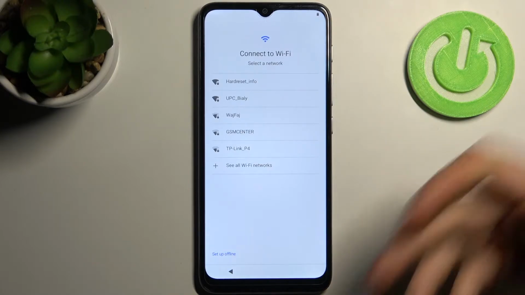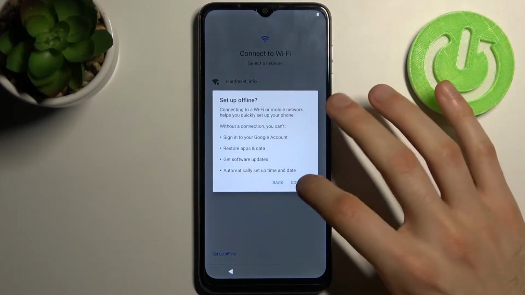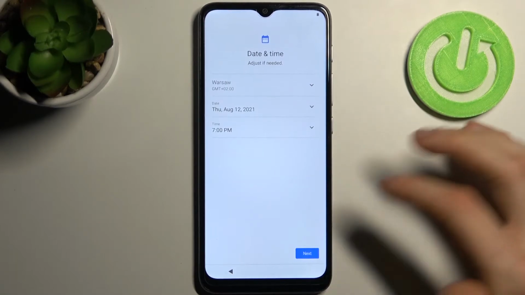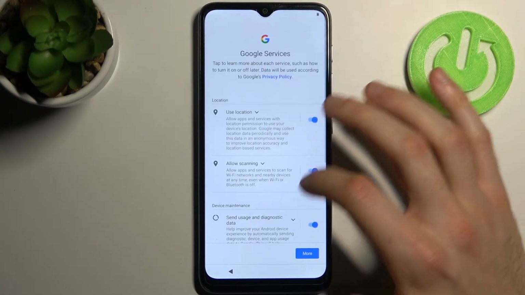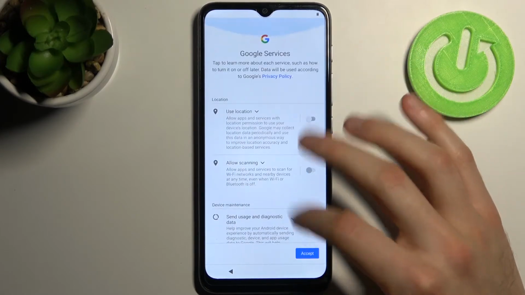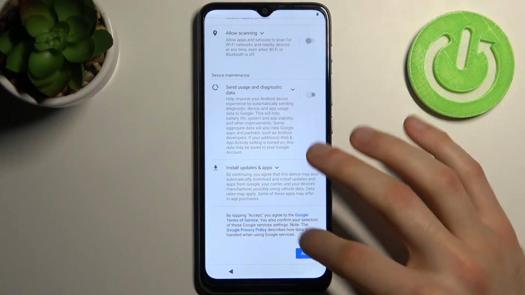anytime later. And you can connect to the Wi-Fi, but if you don't have any open Wi-Fi network around you, you can just set up your device offline and connect to the Wi-Fi anytime later. Then you have to set up date and time. Then you have Google services. Just remove all the ticks from here, disable all these features, tap accept to accept Google's terms of service and